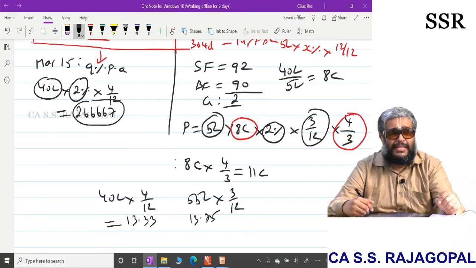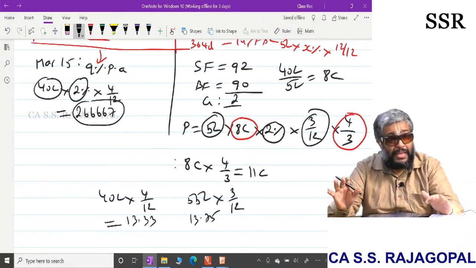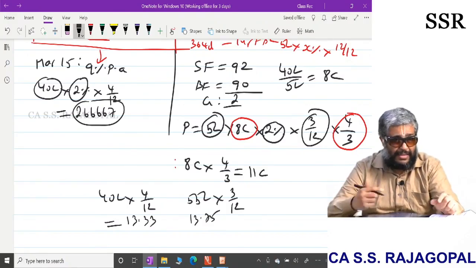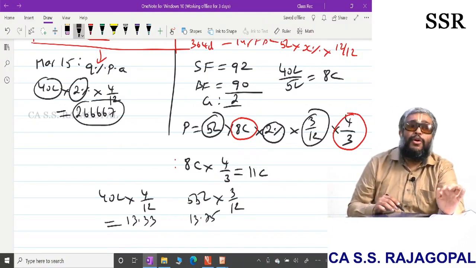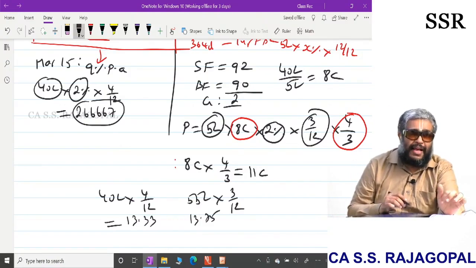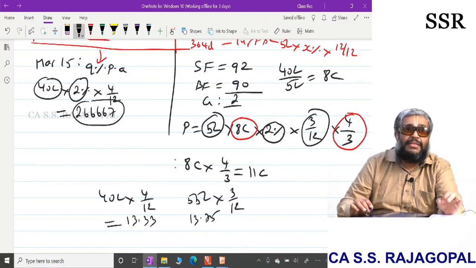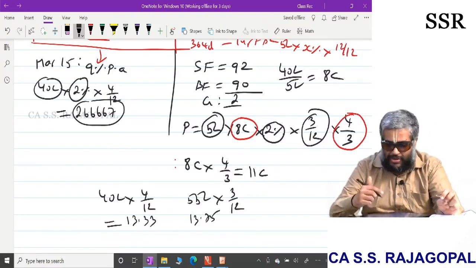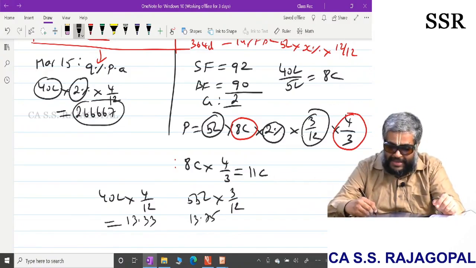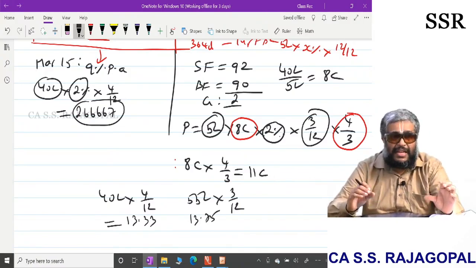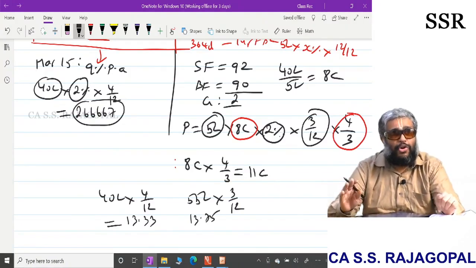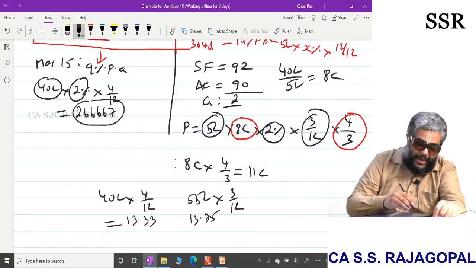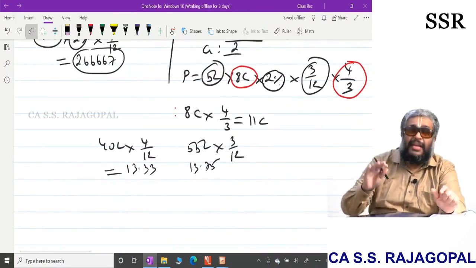Calculating interest gain for 3 months on a 55 lakh rupees hedging principal is as good as calculating the extra interest for 4 months on 40 lakhs. In simple words, 4 months extra interest on 40 lakhs is as good as 3 months interest gain on 55 lakhs, almost. Everybody understanding? The percentage is the same, and I just change the principal alone, because this is 3/12, that is 4/12. Everybody understanding? Now everything is simple here.